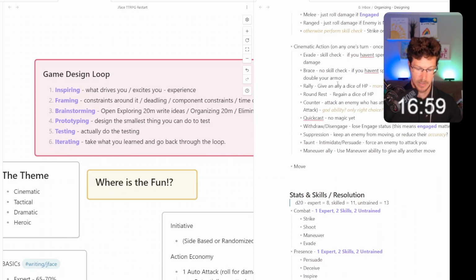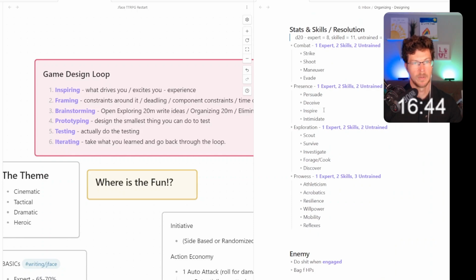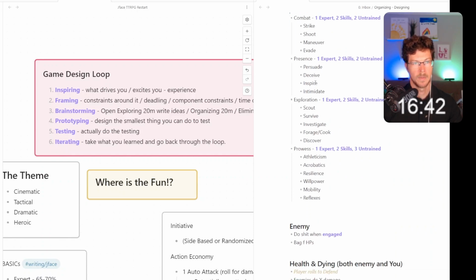If you're going to rally, is this an inspire skill? That means you just can't spam it. Do we want people to be able to do it? I kind of like people being able to do it. Inspire, intimidate. Scout, survive. I don't know about survival. Cook. Let's get rid of cook and forage for now.